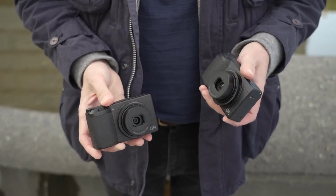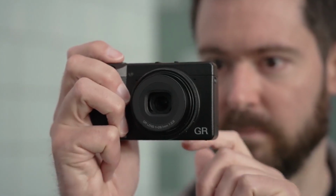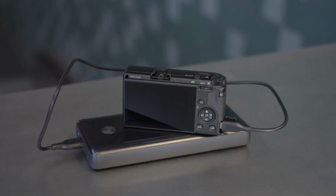Hey guys, in today's video, I will be reviewing the top 8 best compact cameras in 2025. I made this list based on my personal experience, and I try to rank them based on their quality, durability,